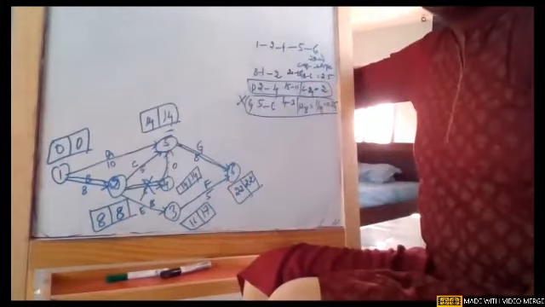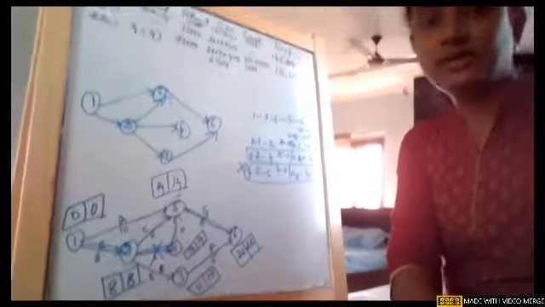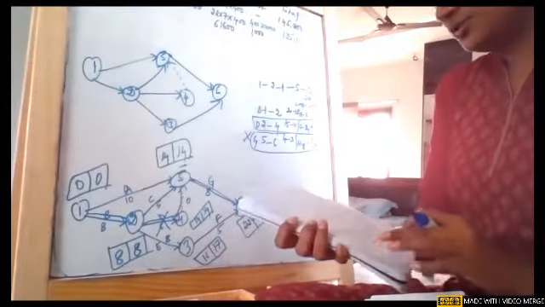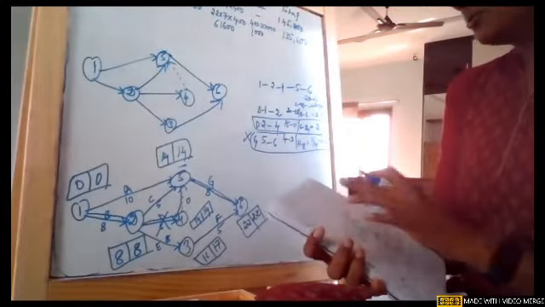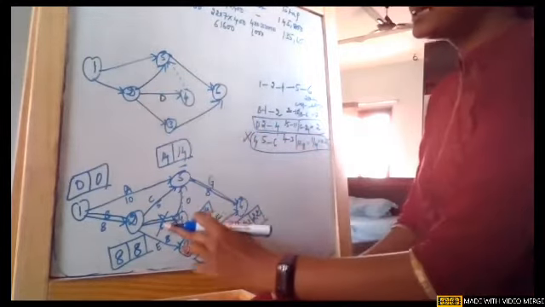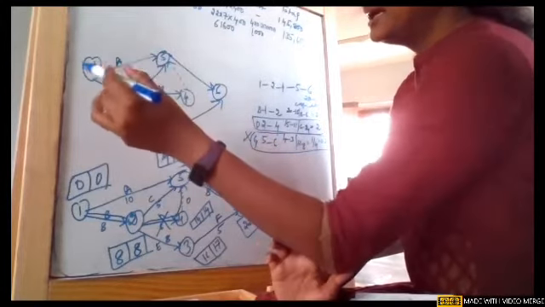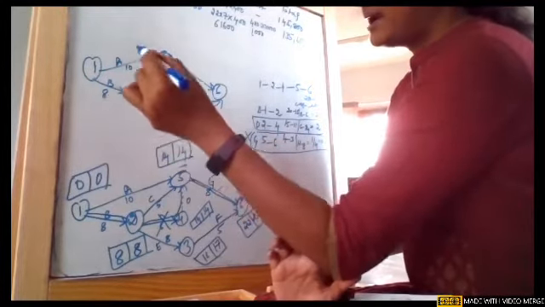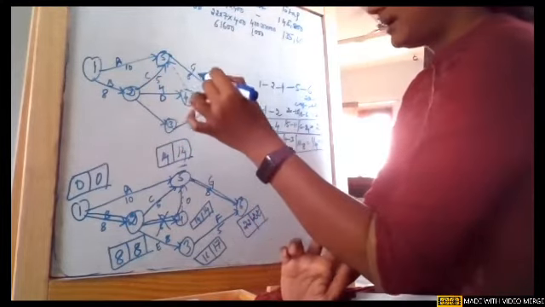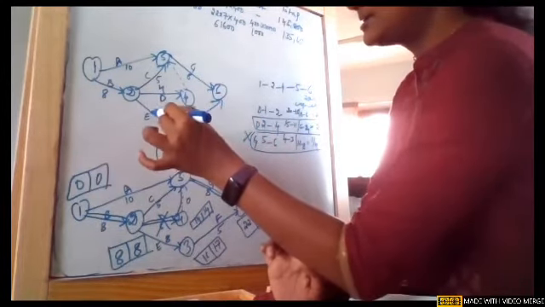Now again, I'll draw the new network. Now we are just going to crash activity 2 to 4. So first I'll update the duration of it. 2 to 4 is nothing but D. So the crashing duration, earlier it was 6, now it has been reduced to 4. Now the rest I can write the same as it is: A is 10, B is 8, and C is 5, and G is 8, and F is 5, and E is 8.